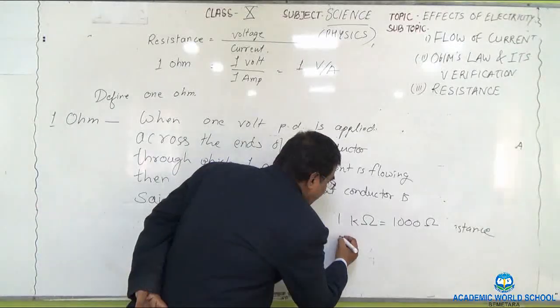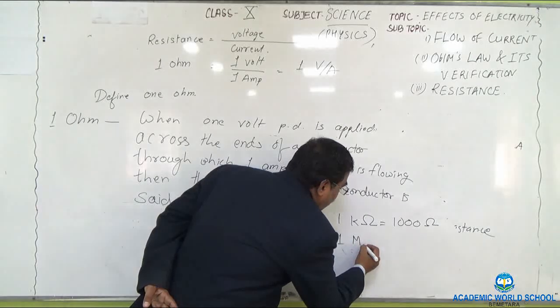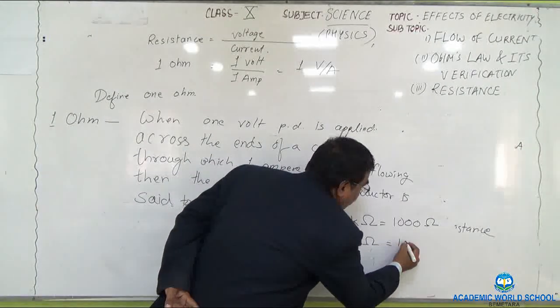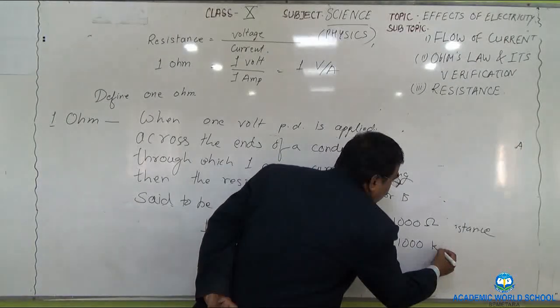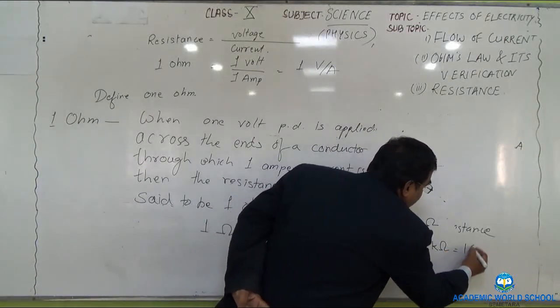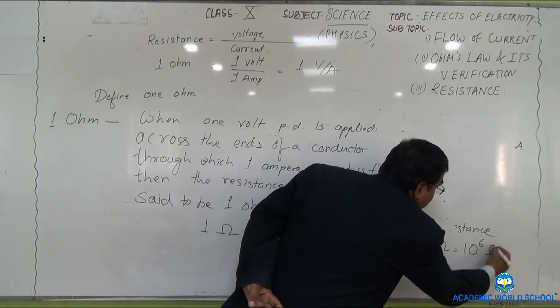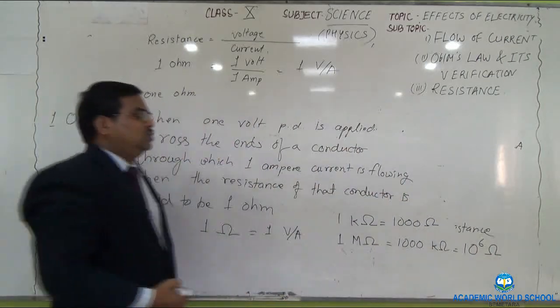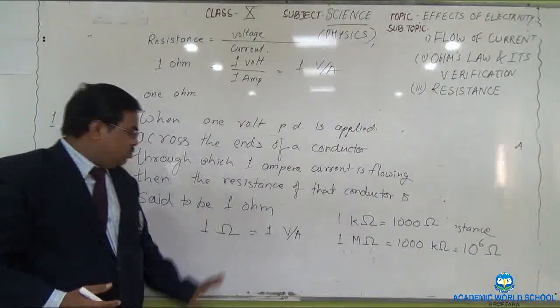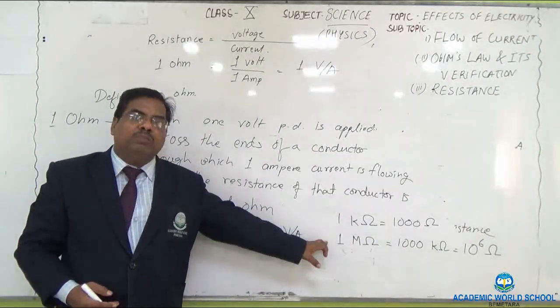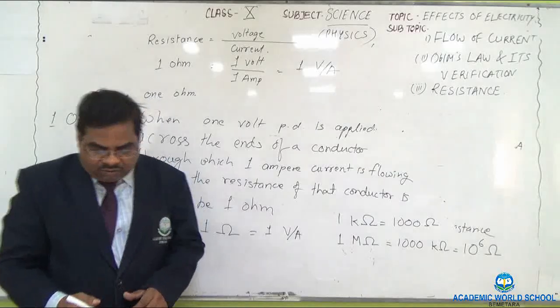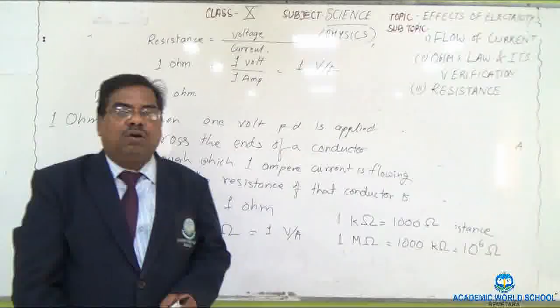Similarly, further bigger unit is 1 mega ohm, which is equal to 1000 kilo ohms, or you can say 10 to the power 6 ohms. 1 ohm, 1 kilo ohm, 1 mega ohm, they are the various units of